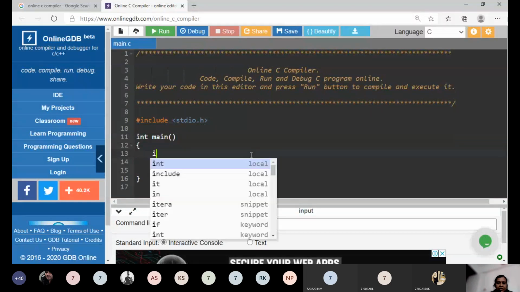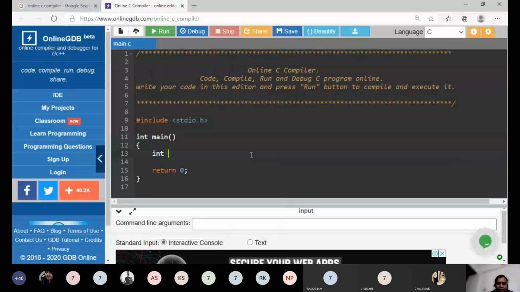Now here I will declare int a comma b comma c. Now here in a single line I am going to declare three integer type variables. These three variables are of the same type, so we can declare them in a single line. Now I need to accept the value, so I will write a command printf.